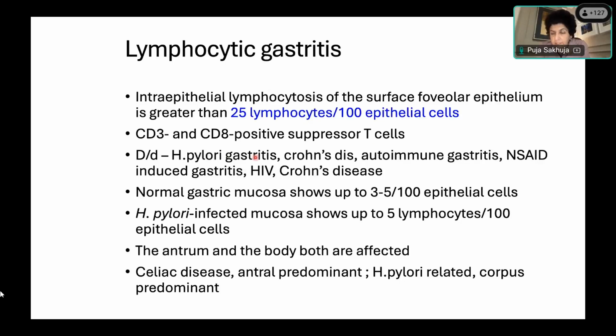Lymphocytes are rarely seen intraepithelially; neutrophils are seen. More commonly in H. pylori gastritis, you get neutrophils, you get cryptitis, pit abscess, but you can get lymphoid aggregates and follicles. Now, in Crohn's disease, there can be upper GI involvement, and in that you can get lymphocytic gastritis. You can get it in autoimmune gastritis, you can get it with medications like NSAIDs, then you can get it in HIV, and Crohn's I seem to have written twice. I think celiac was what I meant to be writing. Okay. So in celiac disease also, you can get